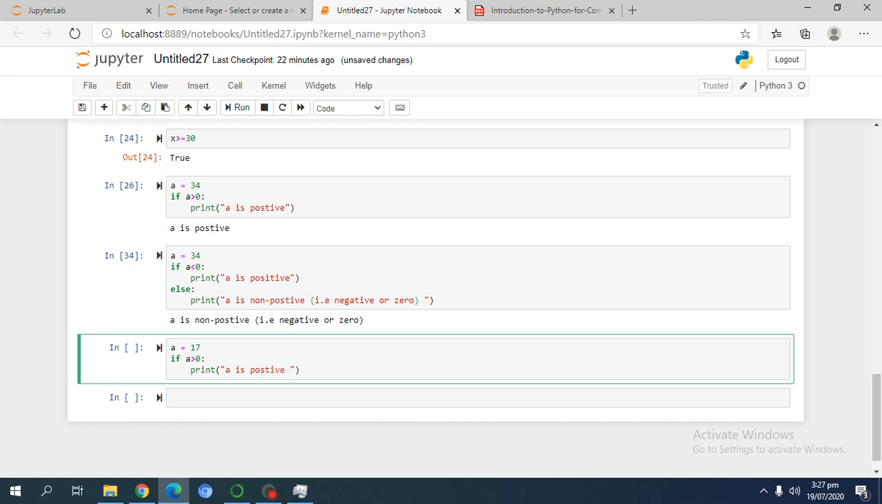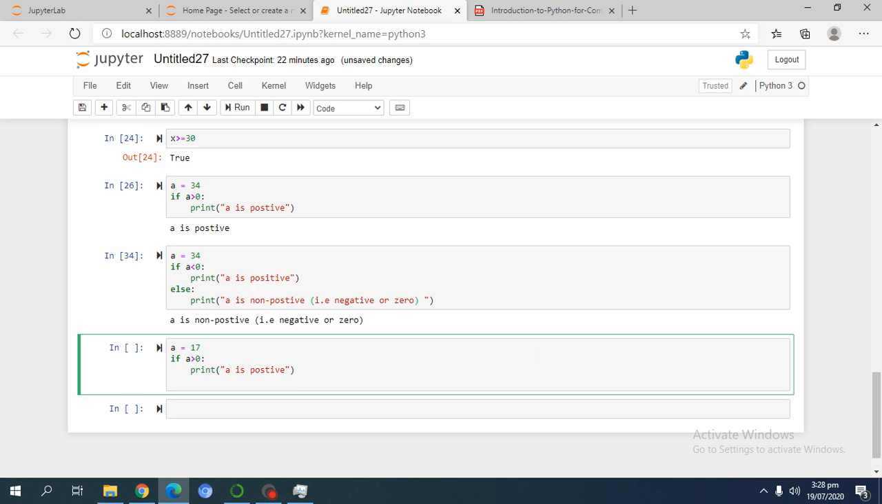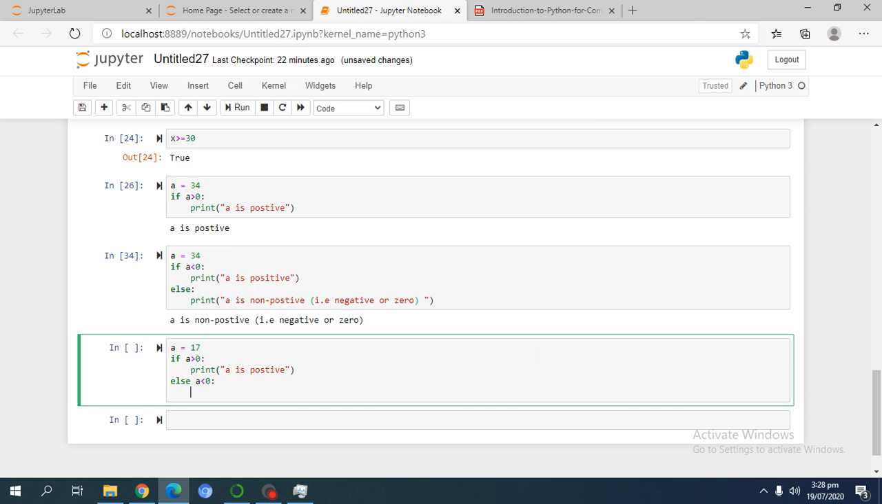और एल्स हमारे पास होगी, एल्स स्टेटमेंट, वो क्या कहेगी कि a लेस देन 0 है, तो अगर a लेस देन 0 हो, इफ हमें क्या कह रही थी a ग्रेटर देन 0 हो तो प्रिंट करें a इज पॉजिटिव। एल्स में हम कहेंगे कि a लेस देन 0 है अगर, तो प्रिंट कर लें a इज नेगेटिव। ओके जी।